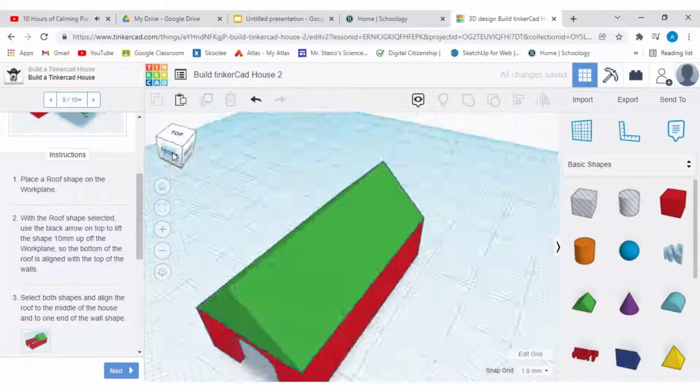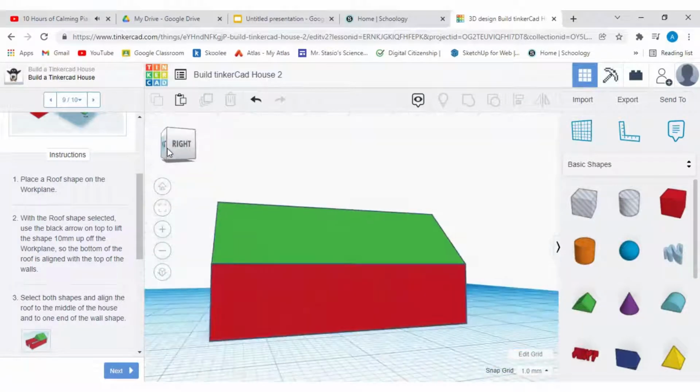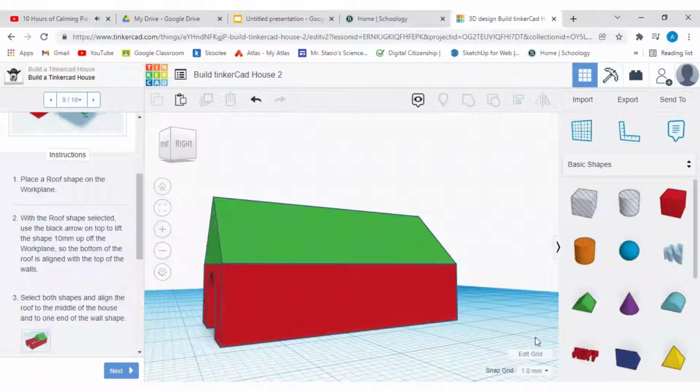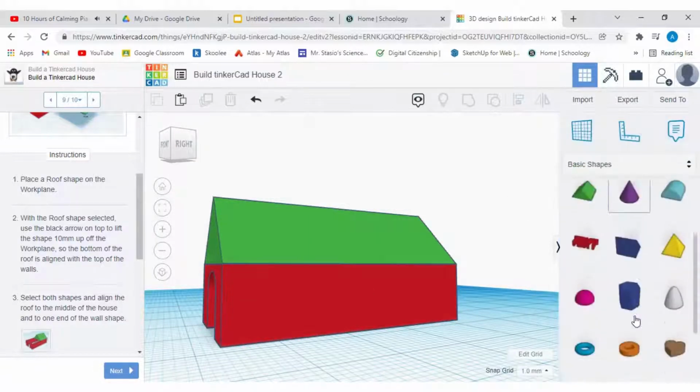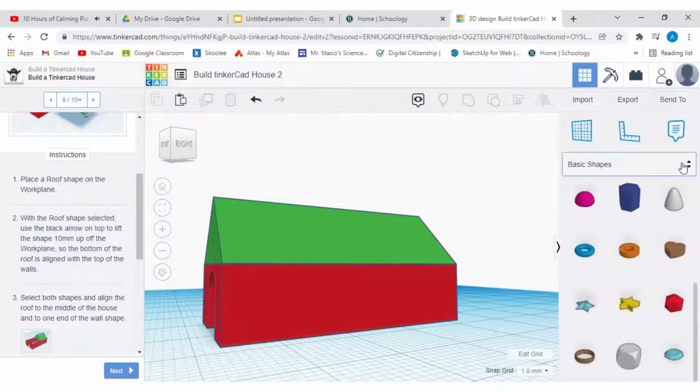Yeah, so this is my house, and later we can personalize it by adding some letters when you go all the way, or some